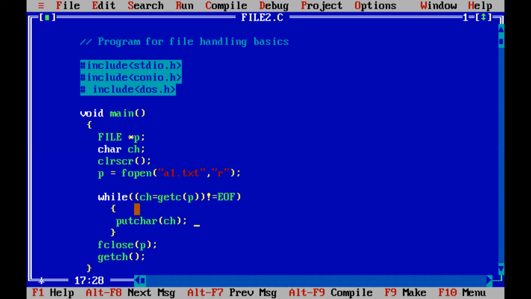And to read all the characters, simply put this ch = getc(fp) operation into a while loop and indicate with the help of an end of file condition. Now here this end of file is for the file which is being used. So till the time you reach the end of the file a1.txt, this while loop would keep on reading characters and this putchar or printf statement would keep on displaying these characters on the screen.